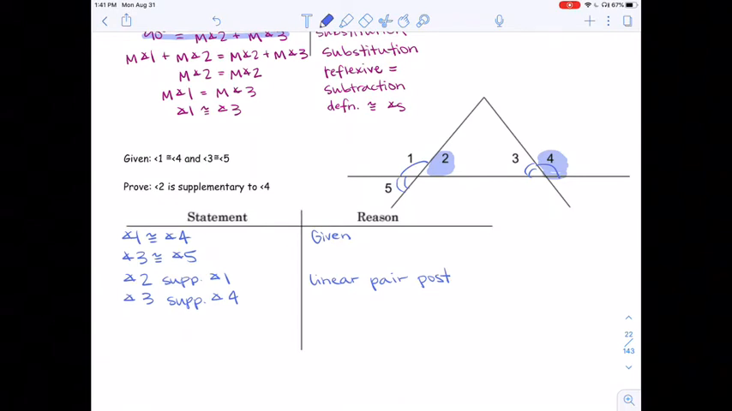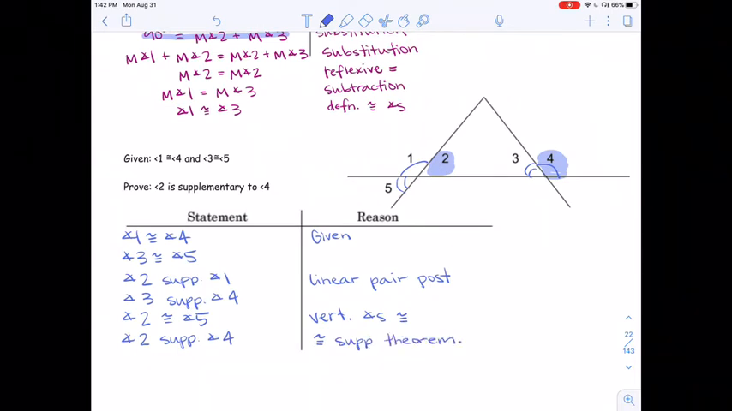So if I want to start up here at the top, I can go ahead and put that in. Angle 2 congruent to angle 5 because they are vertical angles and vertical angles are congruent. And then the only other thing that I need is to say that 2 and 4 are supplementary. Angle 2 is supplementary to angle 4 because of my congruent supplements